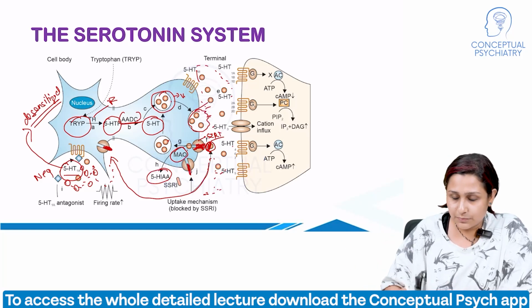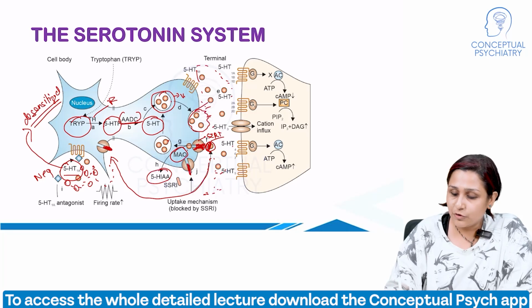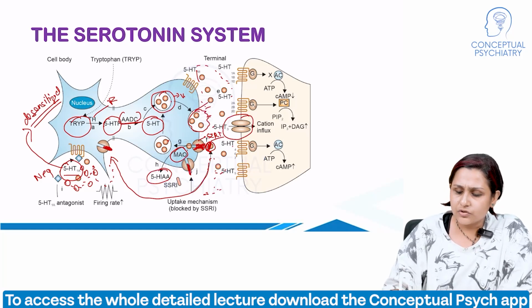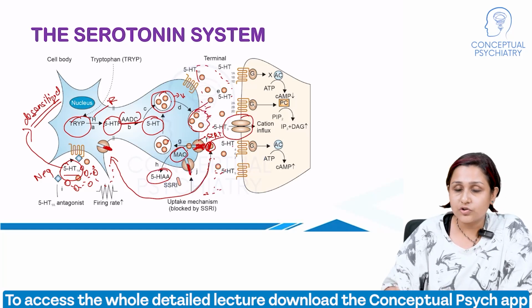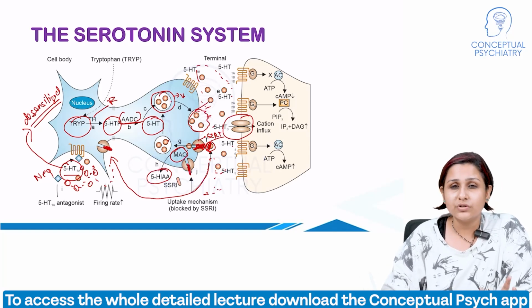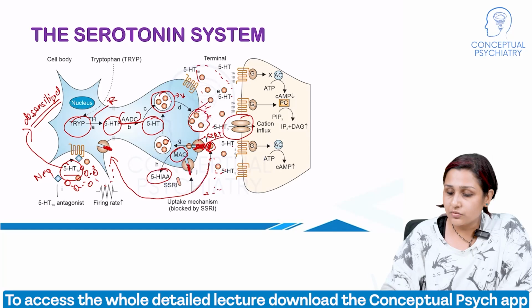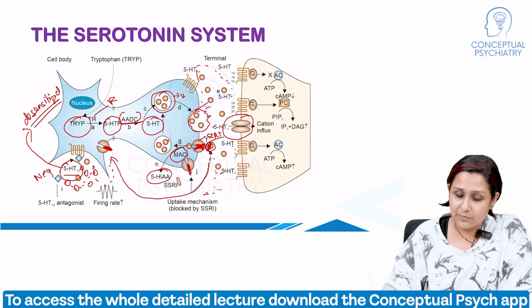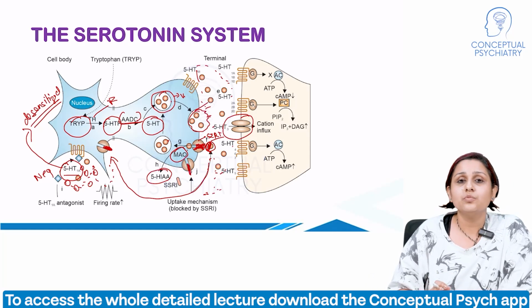Now, in this particular diagram, you'll also look at all the different kinds of receptors here. You'll also notice that 5-HT3 is not a G-coupled receptor, but an ion channel receptor. So, a lot of other information you can also gauge from looking at this particular system. We'll not get into the nitty-gritties of all of them. So, the receptor subtypes, the receptor families, but please note that 5-HT1A is very crucial for the beneficial effect of